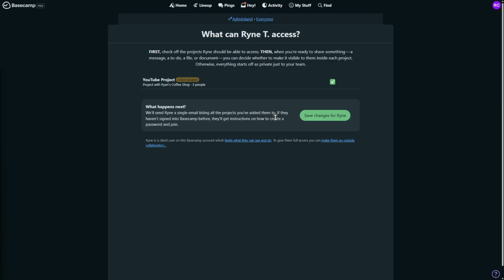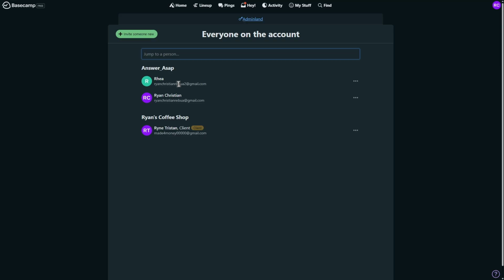Okay. So basically, when a client is a part of your project, they will be able to see a project just like what your team does. Okay. The biggest difference is that they only see the items that have been made visible to them. Everything is private by default, so you'll need to change the visibility for an item for them to see it. For that to happen, you can go ahead and give them full access and click on Make them an outside collaborator. So an outside collaborator, just like this lady right here, as you can see, she is a part of